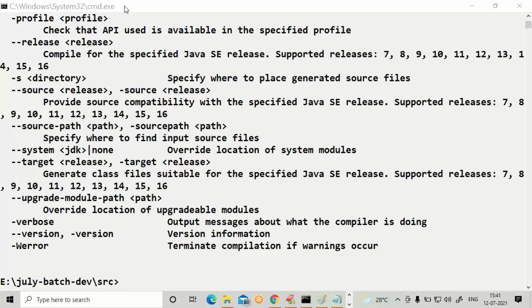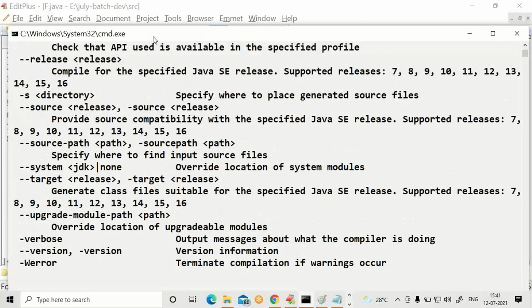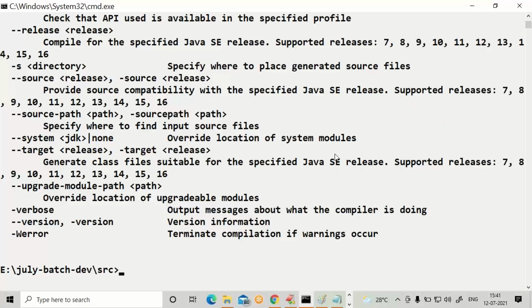A lot of options are there. We may not require all these options. There are some options which are very important, and those only we will be using. Among all, -d is one.